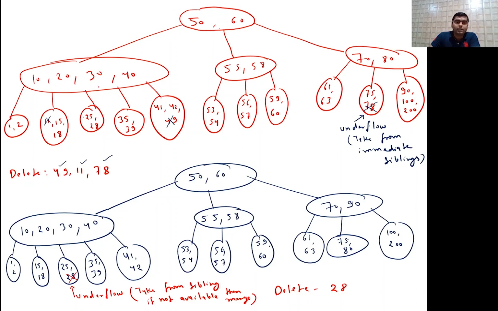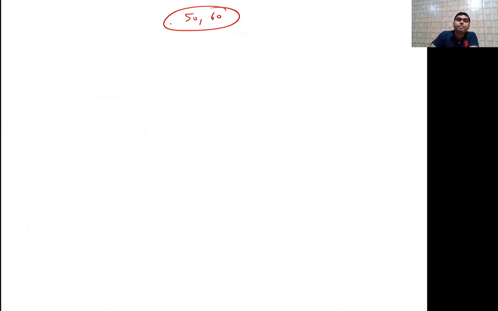Okay, and what is left? So left is here 10, 20, 30, and after 30 what happened? So we have deleted 28. So in case of 28, these will be combined. What is the combination part here? The combine will happen like 10, 20, like this. So it is 10, 20, and after 20,